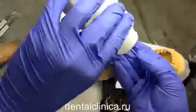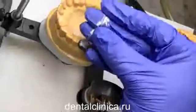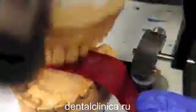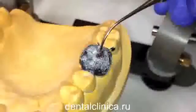Once the fish mouth is full, contacts must be checked. This is done by sprinkling baby powder or aluminum oxide on top of the wax. Next, check the bite with articulating paper. The contact point should be as shown. The central fossa of tooth number 3